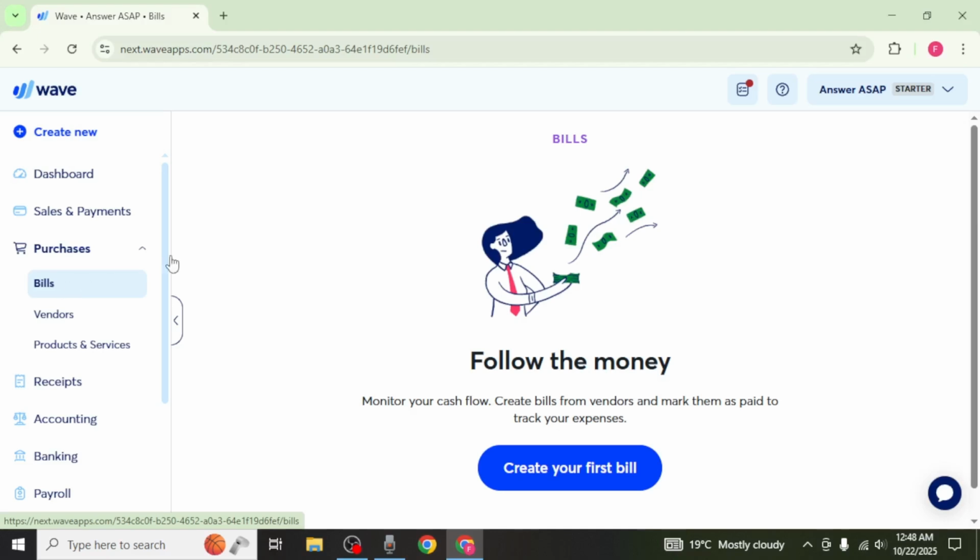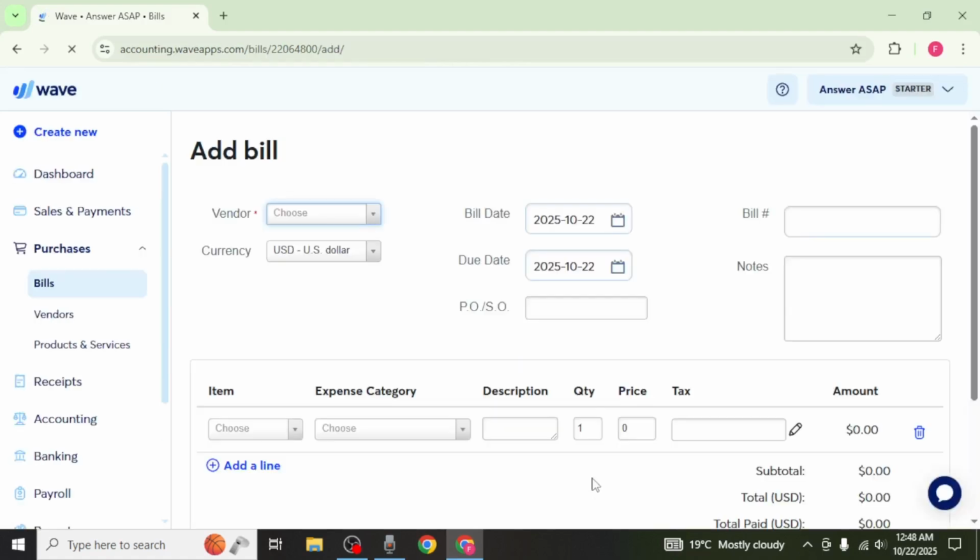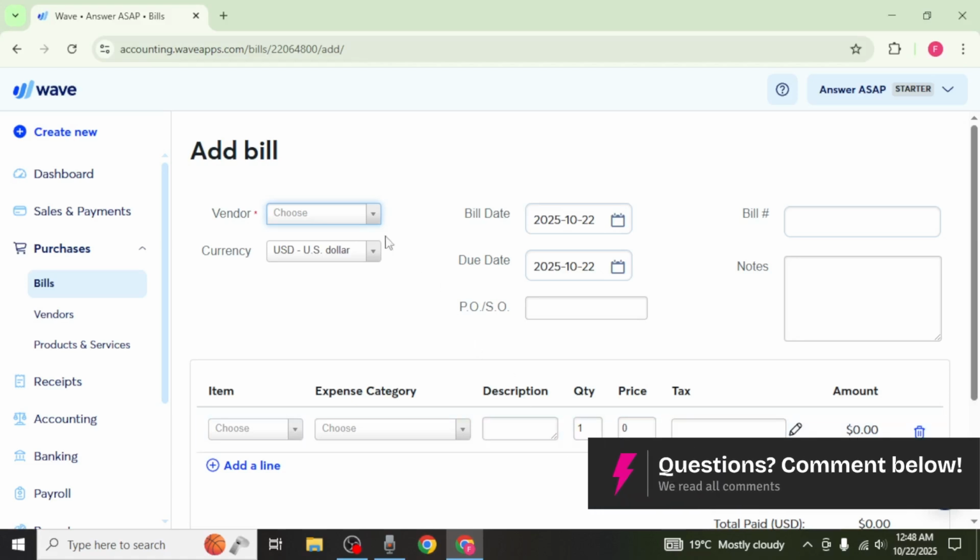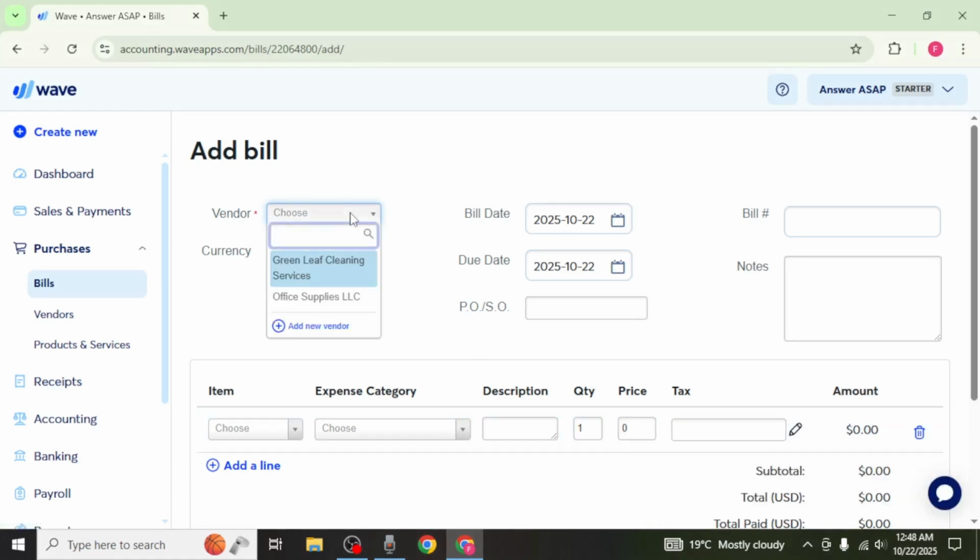If this is your first time creating a bill, you will see the option labeled Create Your First Bill. Click on it to proceed. The first step in creating a bill is selecting a vendor. Click on the Vendor drop-down menu to view your list of vendors. If you have not added any vendors yet, you can watch our video on how to add a vendor in